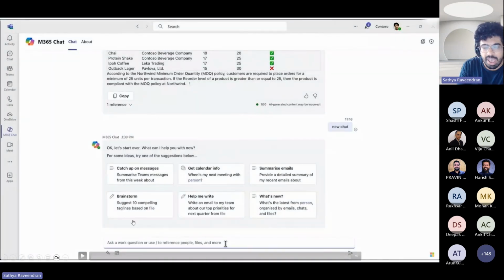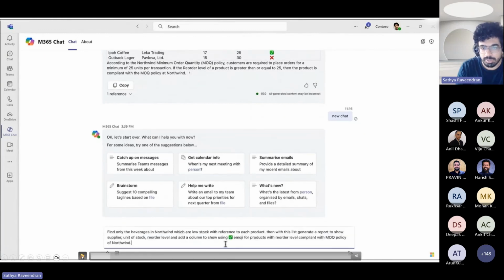You have an inventory system. Imagine you have an inventory system in the backend, and you'd want to ask questions about it from Copilot, right? So in this case, there is a Northwind inventory system which has inventory on different products. It's a retail store, so it has inventory on different products that you sell in a typical retail store, and they would want to check which are currently low in stock because there is an upcoming sale season. So they'd want to replenish the stock, and they would want to generate a report